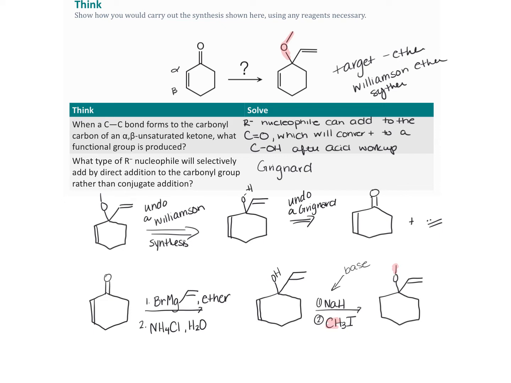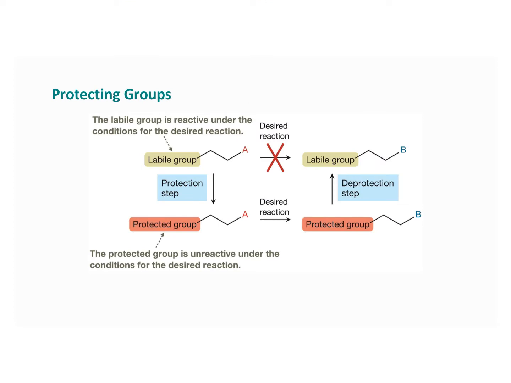So we talked a lot about selective reagents, and that makes it possible to exploit differences in the reactivity of functional groups when we want one group in a molecule to react, but leave another alone. There are times, though, where that's just unfeasible. Like when a step in a synthesis may require the use of a reagent that would react with two or more functional groups. And so in situations like that, we want to be able to use those protecting groups